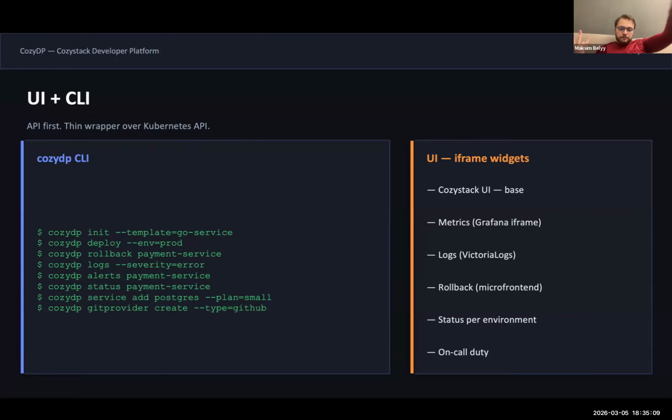Because developers don't want to make a pull request to the infrastructure repository and wait for review for creating, for example, their applications. They actually want to create their services, deploy to development, and that's all.